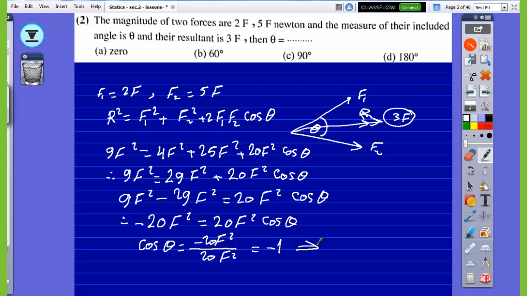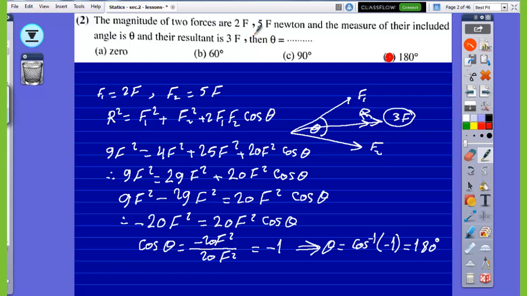So theta equals cosine inverse of negative 1, which equals 180 degrees, and we'll choose letter D. Of course we can solve it without all these steps, because we have here 2F and 5F as the two forces,